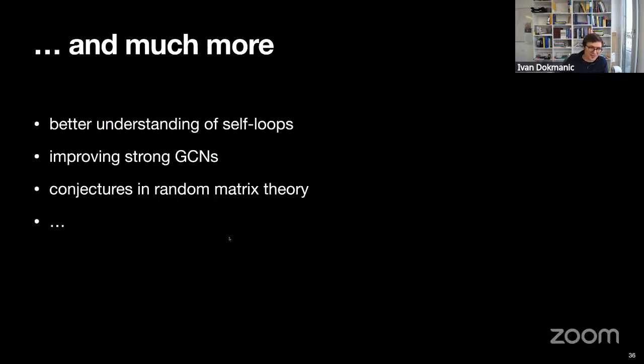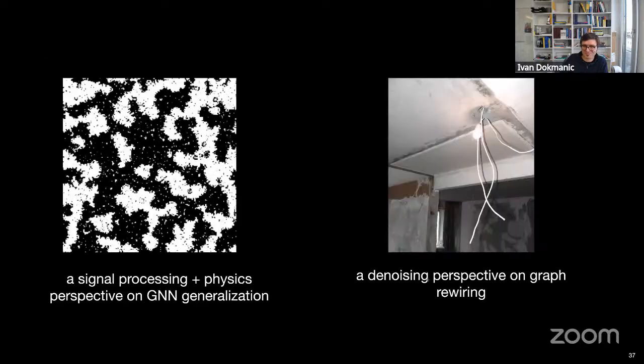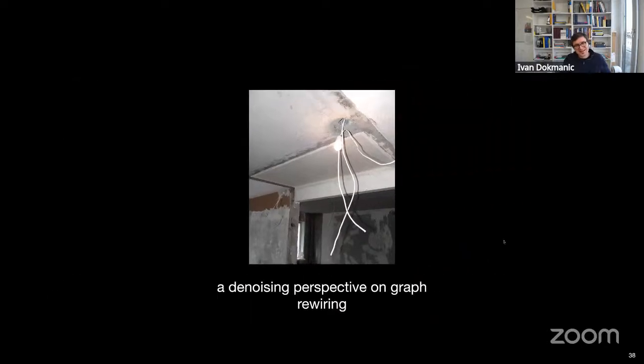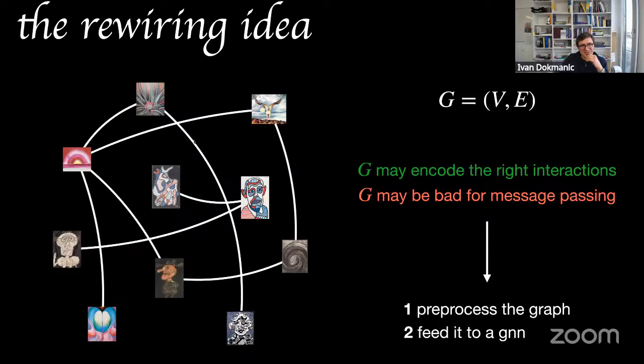Okay, there are many, many takeaways that I could talk about still, but then I will not have time to briefly present the second part, which is about graph rewiring, using this perspective for graph rewiring. All right, so I can go a bit faster because I think a lot of people here know about rewiring. But what is the idea? The idea is that even if your graph correctly encodes interactions, has all the correct edges, it may not be a good graph for a given algorithm, like a message passing GNN. Okay? Because maybe a message passing GNN then cannot compute certain functions. And so the idea of graph rewiring is that you first somehow pre-process the graph by adding and removing edges, and only then do you feed it to a GNN. And it seems crazy, but it works.